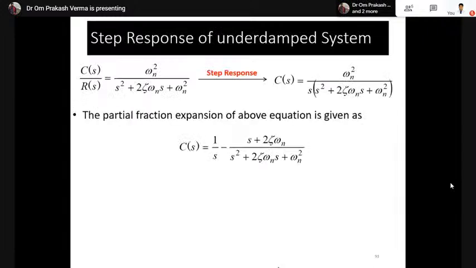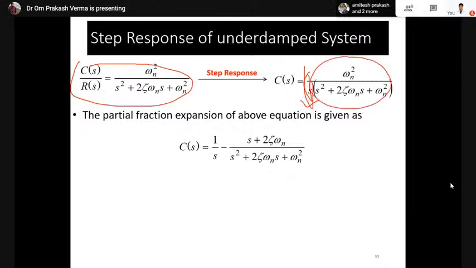Now come to the response of the system, how the response has been calculated. Let's say this is the step response we have taken. This is the standard equation of the second order system, omega n square upon s square plus 2 zeta omega n s plus omega n square. And for the step response we have taken 1 upon s. 1 upon s is the Laplace transform of the unit step function, and it is multiplied with